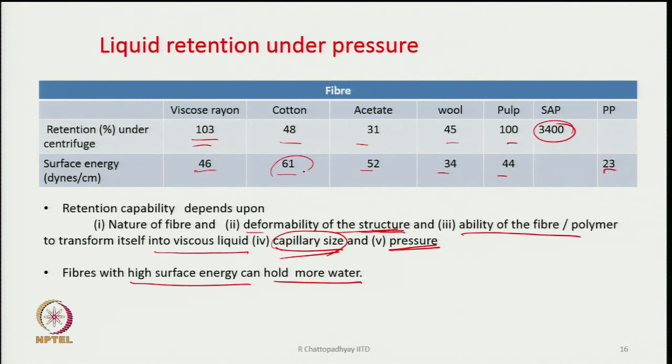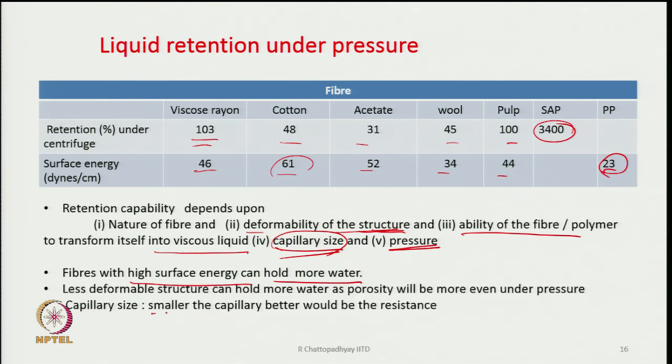the cotton has an advantage. Suppose we use polypropylene; a polypropylene non-woven can absorb some liquid, but if we put a little pressure, most of the liquid will flow away. Like sponges themselves can absorb, but after absorption, if you put a little bit of pressure, most of the liquid moves away from the sponge. And the smaller the capillary, the better the resistance. This is good in a way, but